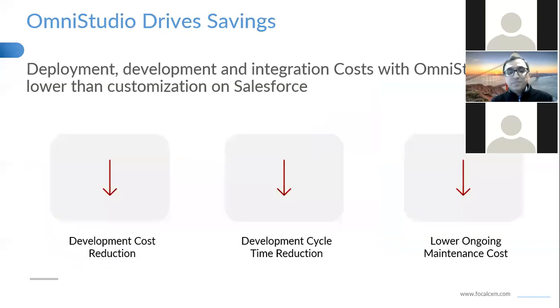If you go to the next slide. These are some savings from our own experience from the development team and the pilots we've been doing. One, we see a significant reduction in the development cost, because now we don't need a lot of engineers to be able to deliver something, right? And we are able to cut down the development cycle, what we could achieve in a couple of days to weeks before. Now using OmniStudio components, we are able to cut down the time and ongoing maintenance costs, because there's always a tremendous amount of risk as engineering teams deliver. There is always a risk and always a cost to maintain that,